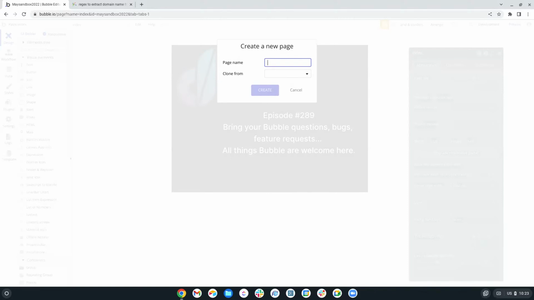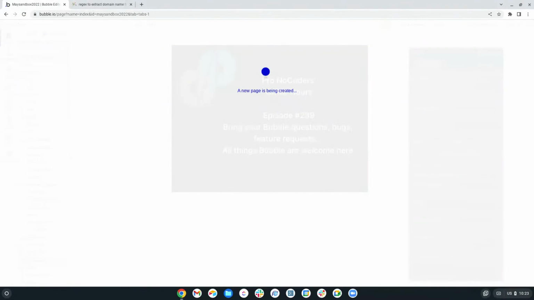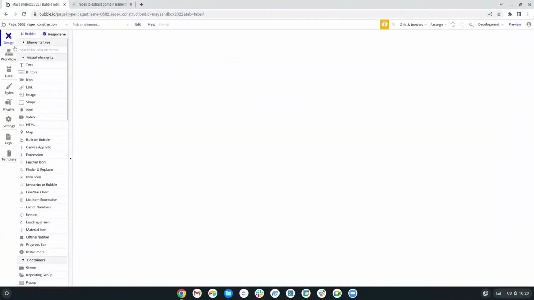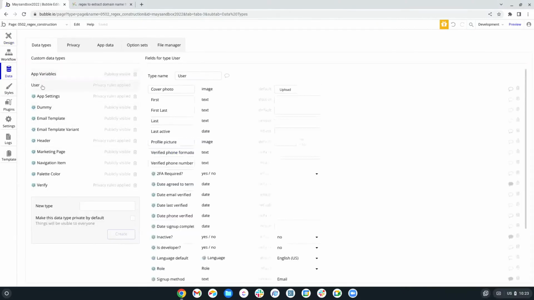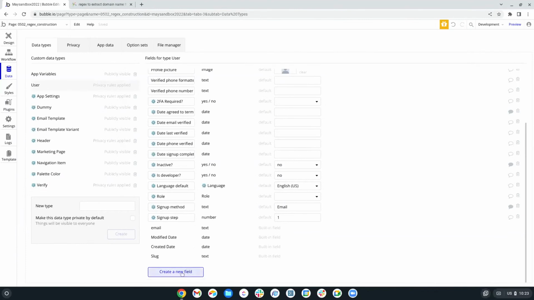Let's see here. We're in 0502 and X construction. Trying to be more organized with my sandboxes. All right, so if I come in here and in the user, I'm going to try it with just the user. I'm going to say here